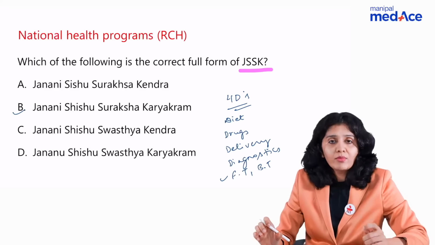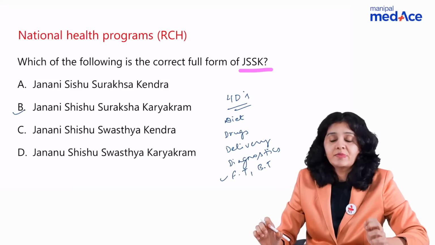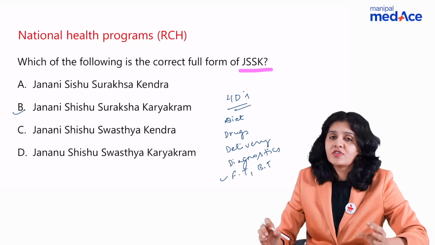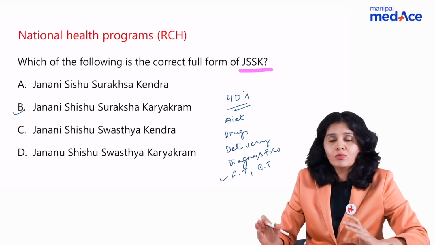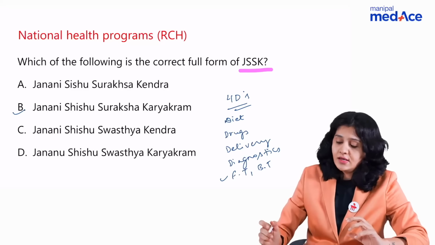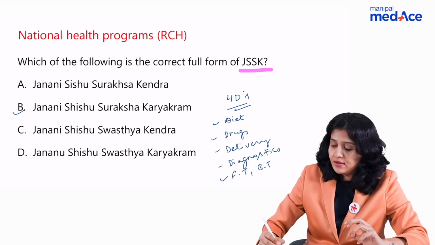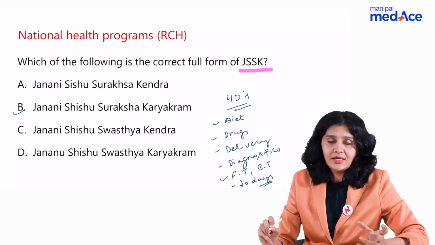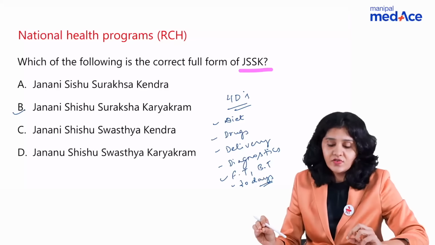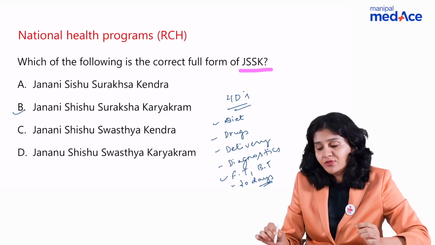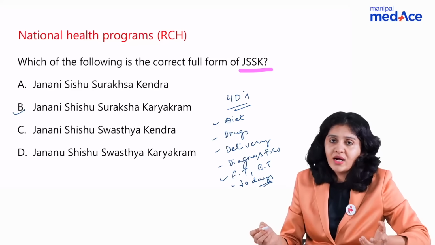Along with this, there is one more service for the infants, right? Especially sick infants. Up to 30 days, free of cost services are given for the sick newborn infants. So these are all the services under JSSK scheme, right? 30 days free stay at the hospital along with all these services. So even if you didn't know all these services which are provided under JSSK, if you knew the full form, you would have marked it correctly.